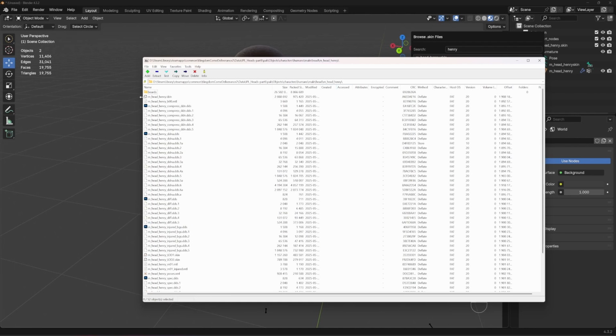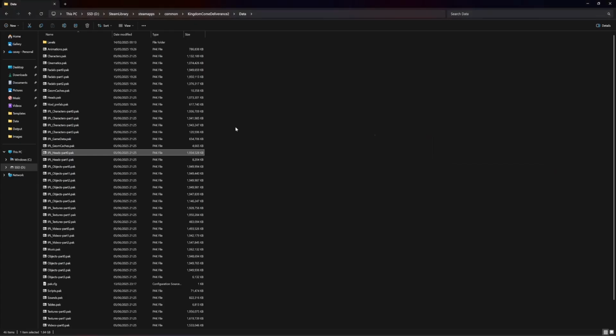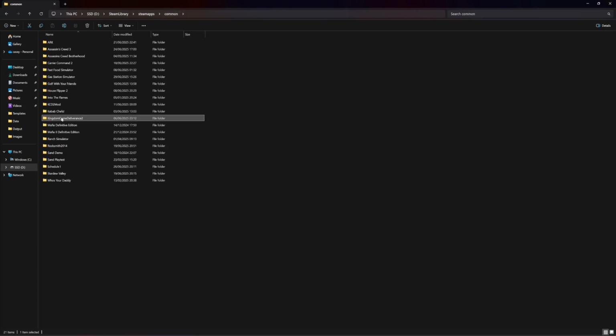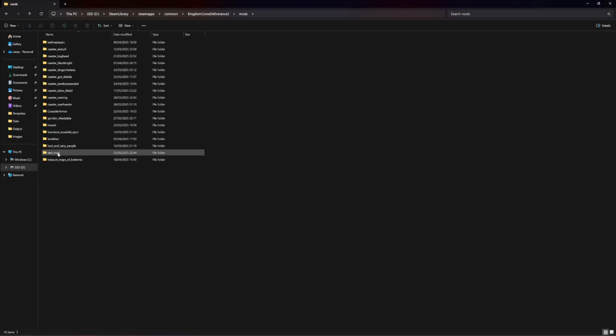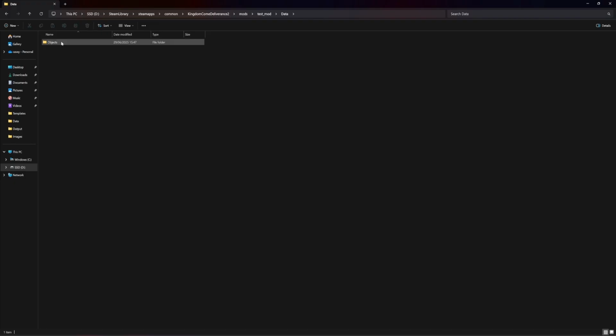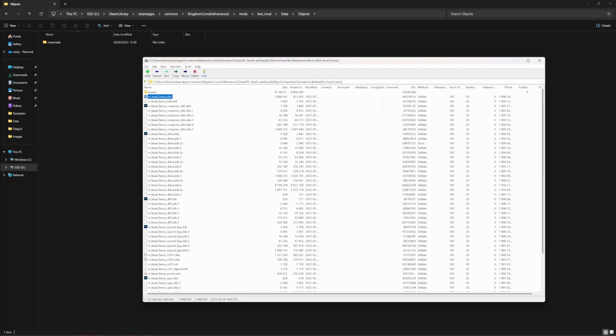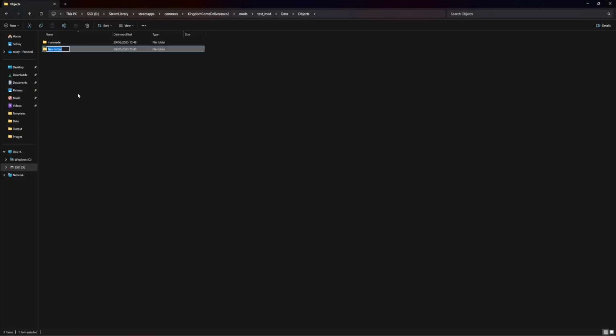This is the correct structure now. You can see the model that we've replaced in there. So I'm going to have to recreate the same objects, characters, humans, male, head, etc. in our mod structure. So I'm just going to go into the mods again, go to our test one. I've already got the objects folder, so I'm just going to go into that, and then we just need the rest of it. So characters,